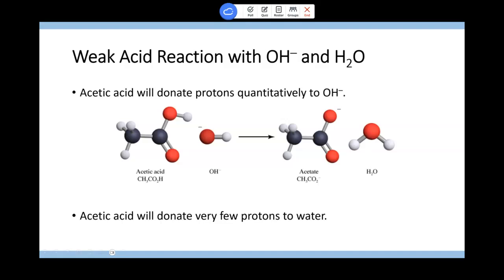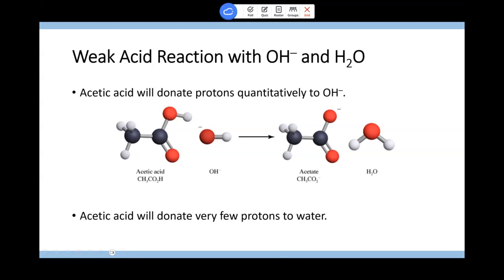Some will remain as the full acetic acid molecule. But if you have acetic acid in the presence of a strong base, like hydroxide, this is a strong base that's going to drive the acid-base reaction forward, and it will react until all of the hydroxide has then become